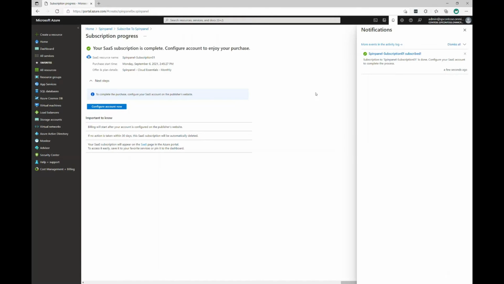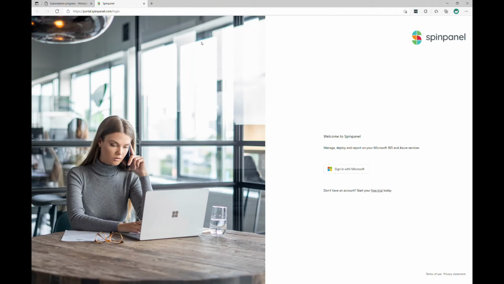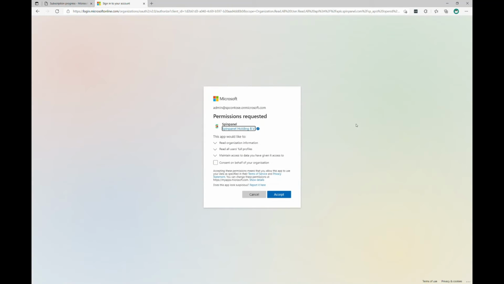Okay, so now that you're subscribed, from this stage onwards, we're going to onboard into Spinpanel. So click this button and now you'll be taken over to the Spinpanel configuration steps. So open up a new tab outside the Azure Marketplace. So just go ahead and click the button and you'll be automatically logged in as you're already logged into the